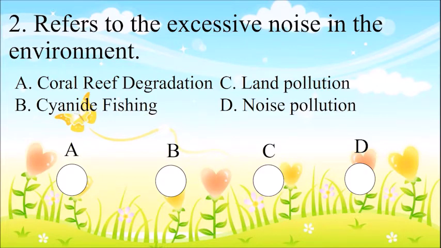Number 2. Refers to the excessive noise in the environment. Your choices. A. Coral reef degradation. B. Cyanide fishing. C. Land pollution. Or D. Noise pollution. Make more time. And the correct answer is